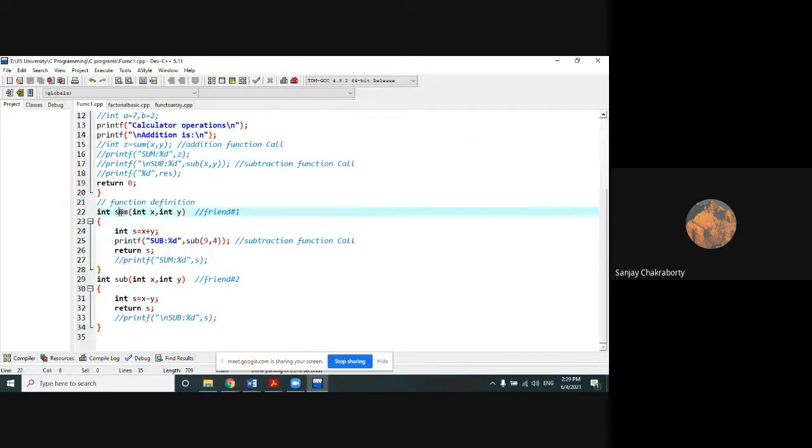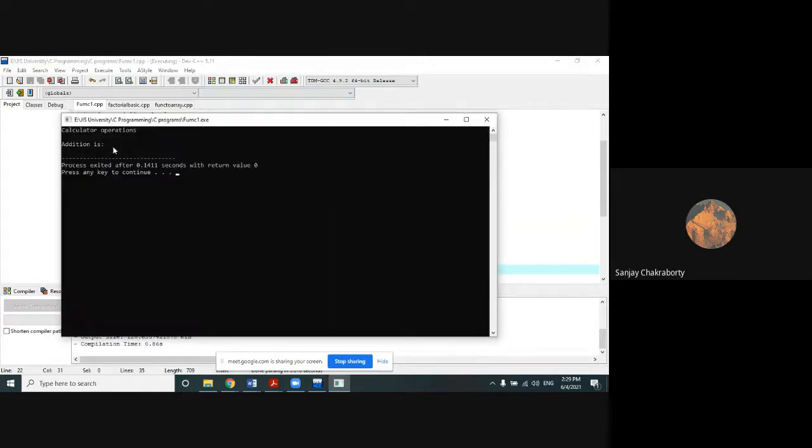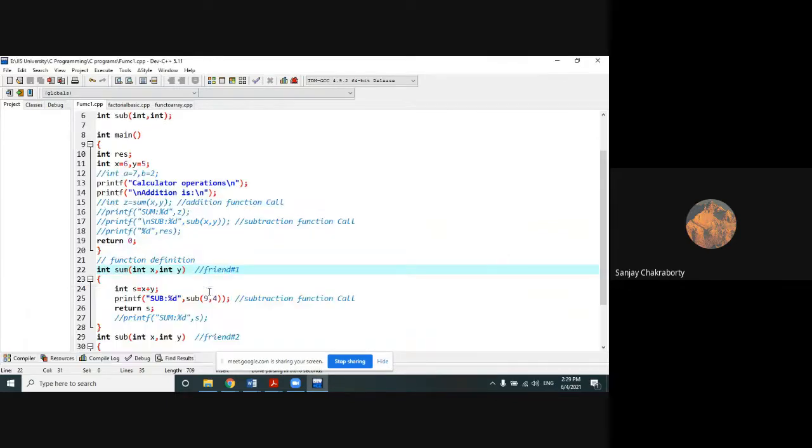So obviously, if the summation function is not called, then the corresponding sub function will also not be called because the sub function is a part of the summation function. If I don't invite friend 1, friend 2 will certainly not get a call, right? Because friend 2 is only known by friend 1. Look, nothing is there. No summation result you will get. No subtraction result you will get. Clear? Understood? Yes, sir.